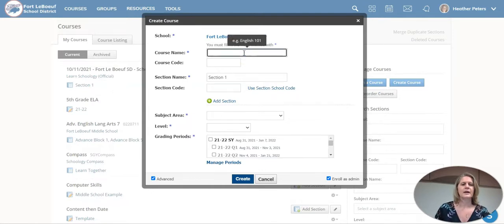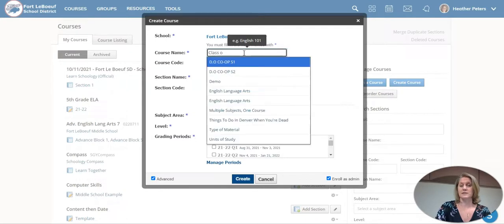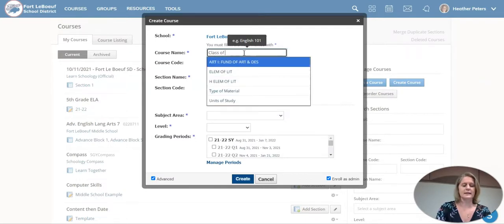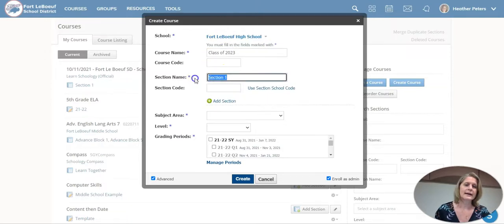Course name, I'm going to just go ahead and put in here, we're going to pretend that this is one of the career readiness items. So we're going to do class of 2023 for our seniors. Okay, and I can call this 12th grade. Now if I do this,